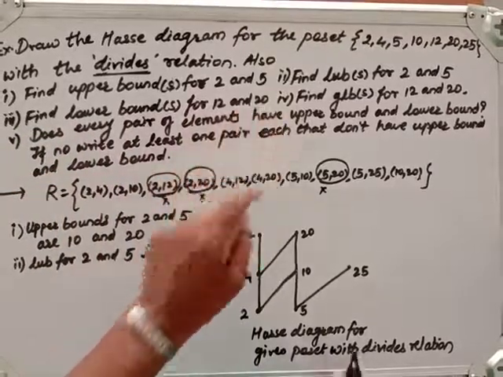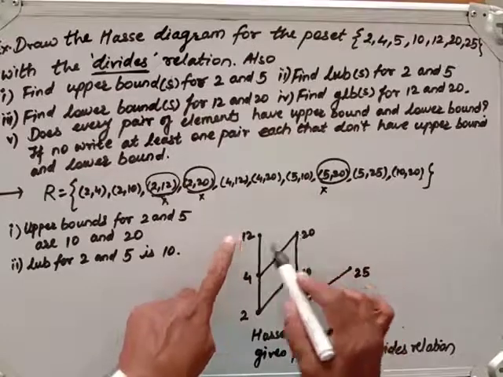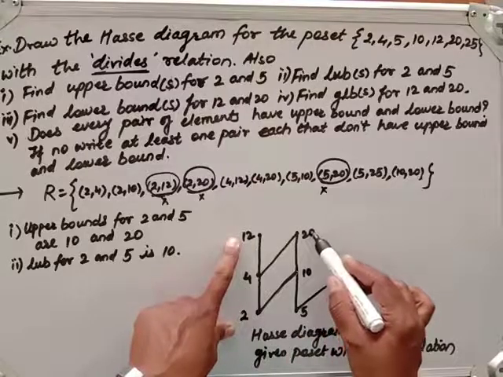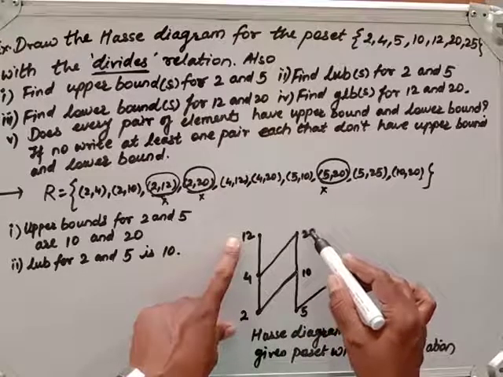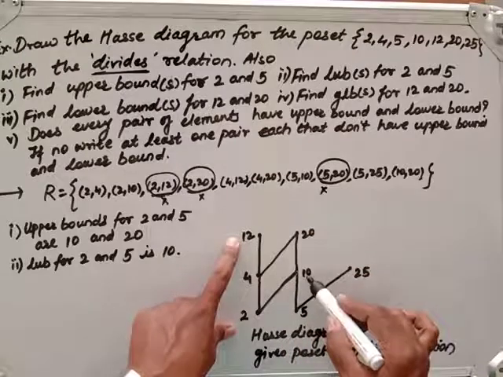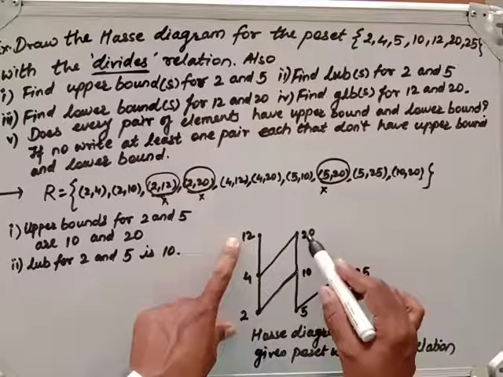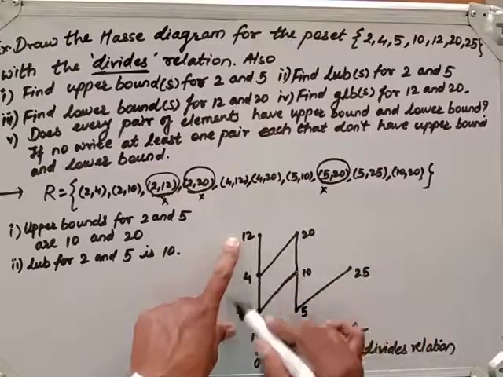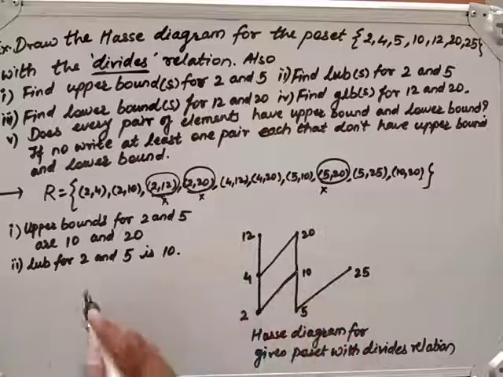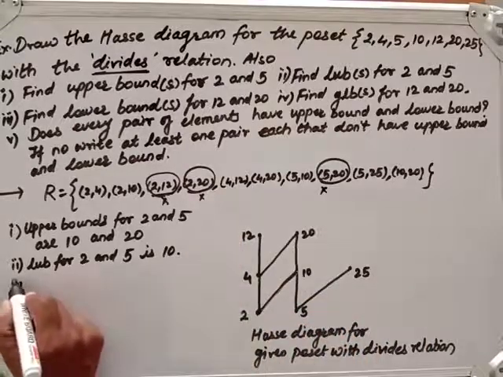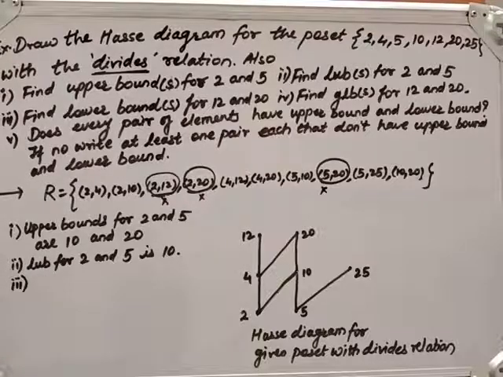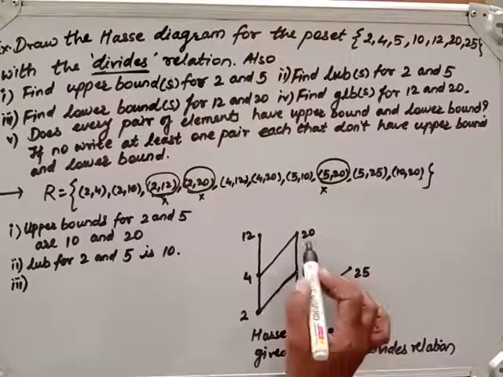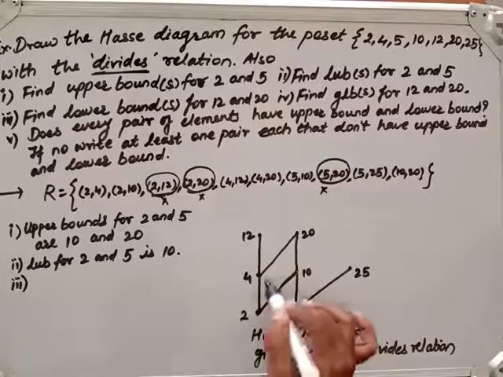Okay. Now what we have to find? Lower bound of 12 and 20. 12 is related to 4 and that is related to 2 also. Now 20 is related to 4 and that is related to this. 20 is related to 10 and that is related to this. Fine. So what are the lower bounds? These two. Look at them. Again they come to this part. So the lower bounds of 12 and 20, common of them. 20 has lower bounds, these ones also, 10 and 5. But for both of them these are common.